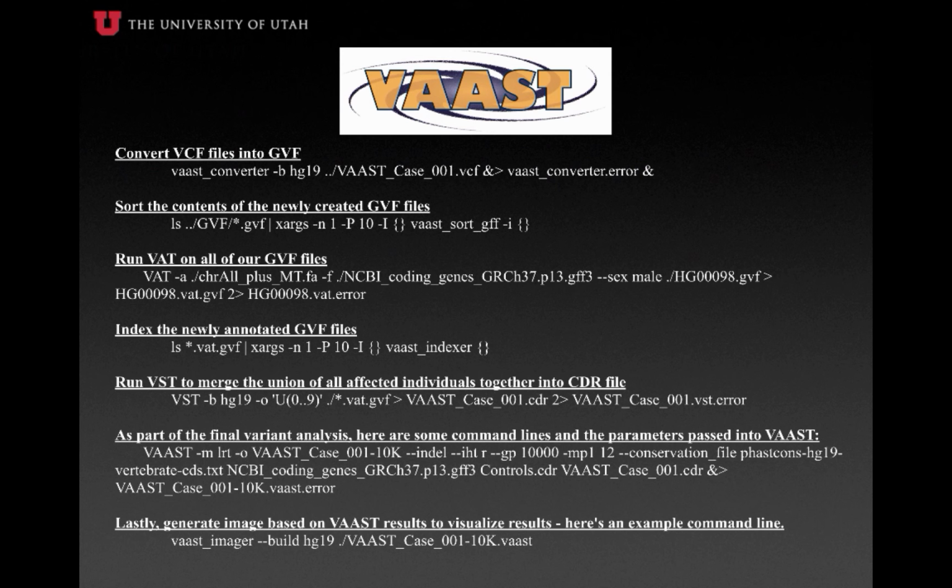Once we had our CDR file, we ran several different iterations of VAST using different command line options in an attempt to find the best candidate genes. Lastly, we used the VAST Imager tool to create a nice Manhattan plot of the results, which I'll talk more